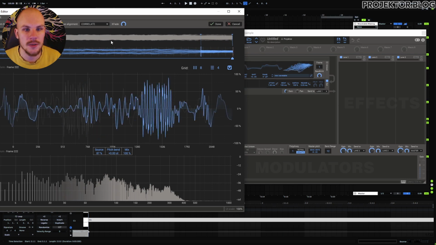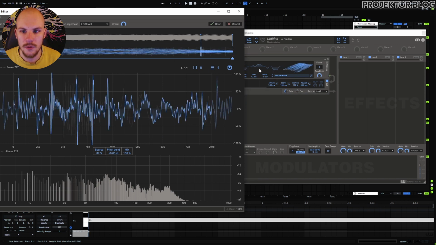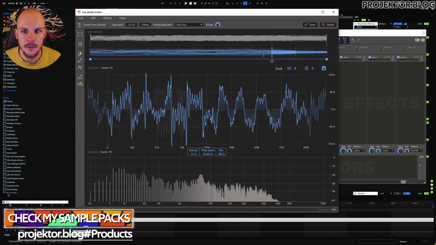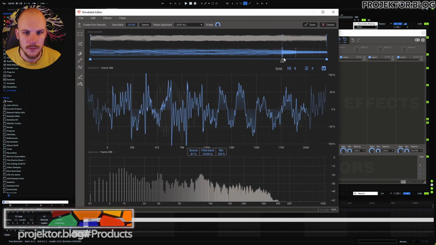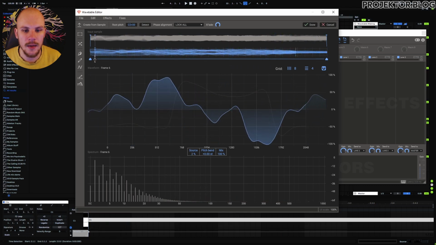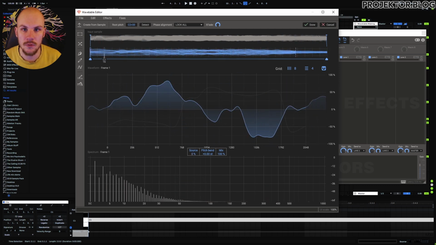So if I put this at correlate, you can see the difference. If I put this at naive, you can see the difference. Maybe this lock all works well for this one. Let's see. You can see that we now have the lock all, and you can actually see that the waveform is significantly different in this one. That's because it's going to lock all of the phases of all of the different harmonics,